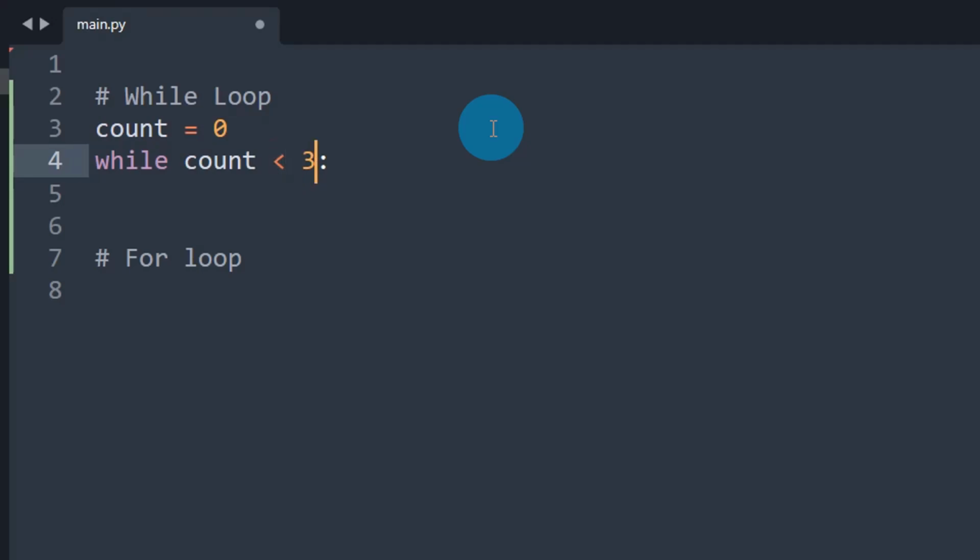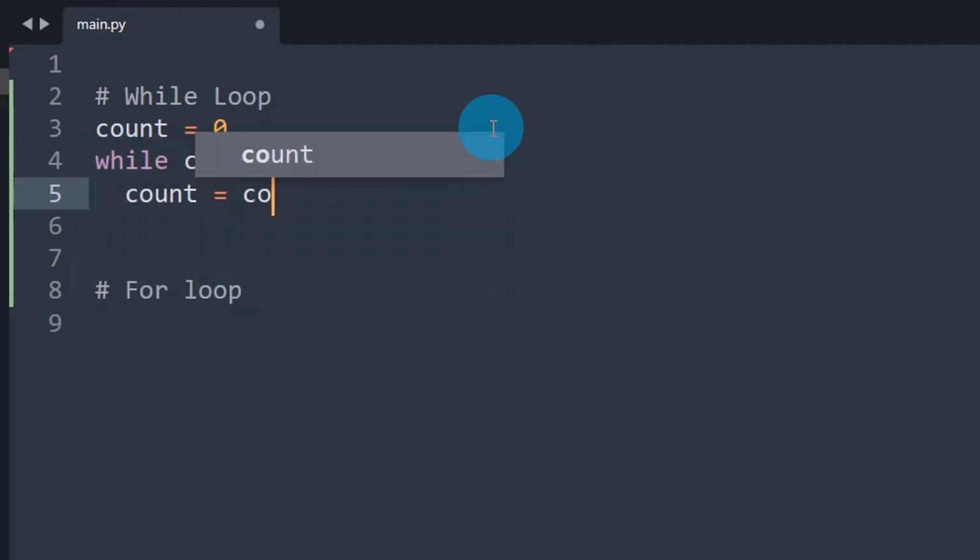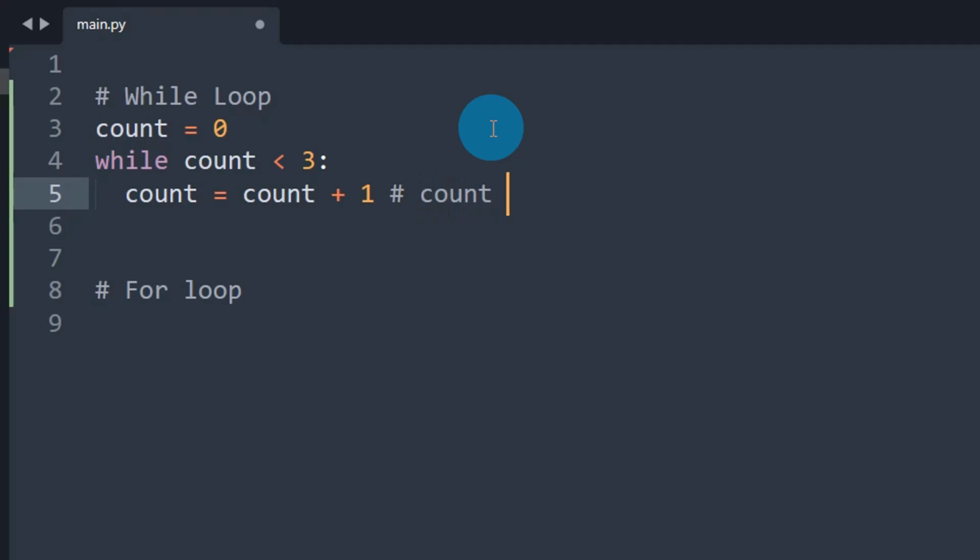If count is less than 3, we are going to do count equals count plus 1. If you remember, there is a shorthand to write this statement: count plus equal to 1. This is the same as count equals count plus 1. This is not going to be executed because I put a hash here. Whatever comes after a hash will not be executed by the program. Just for information purposes, I added this.